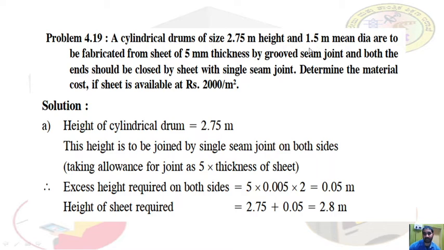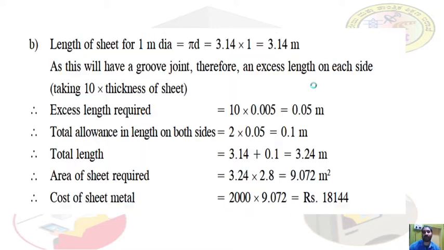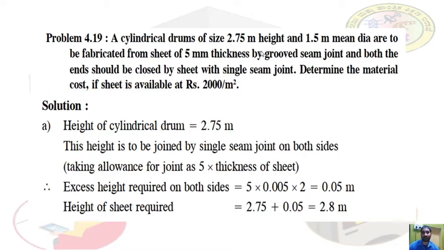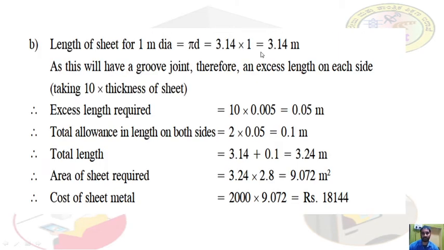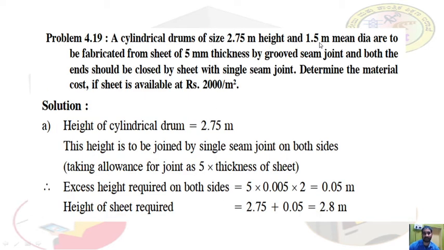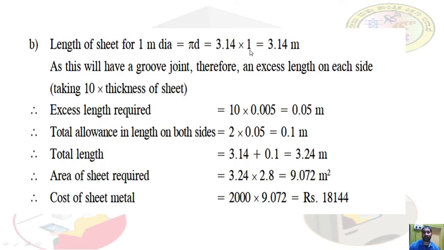So in case of width wise or length wise, we have 1.5 mean dia. If you develop this, that will become pi into d, where pi is constant. We require 3.14 meter of joint. This is not the 1.5 mean dia, this is 1 meter dia. So we are taking 1 meter dia here. So 3.14 into d, with d as 1, gives 3.14 meter of lengthwise